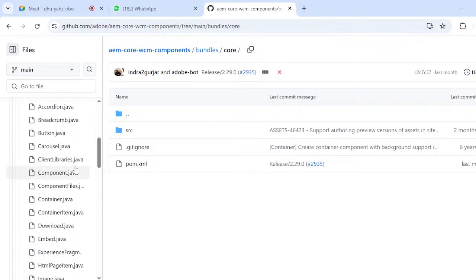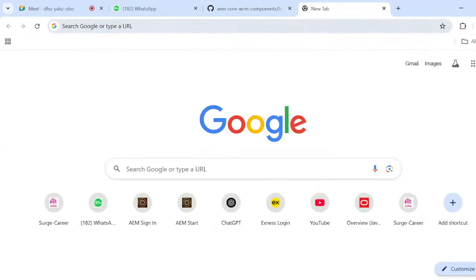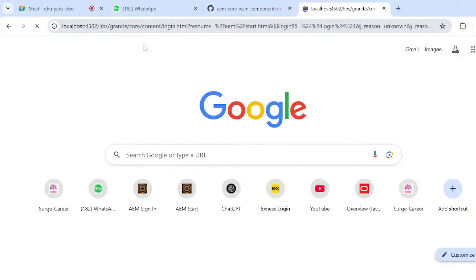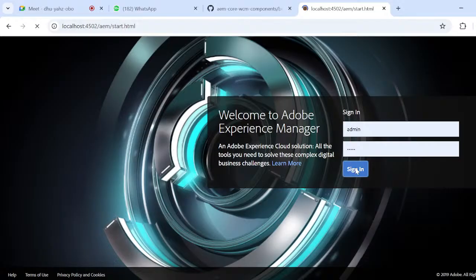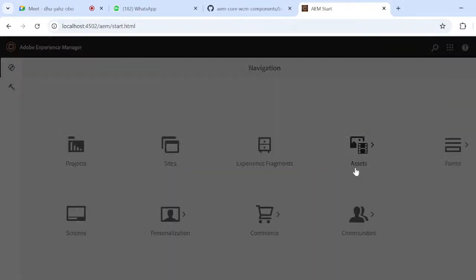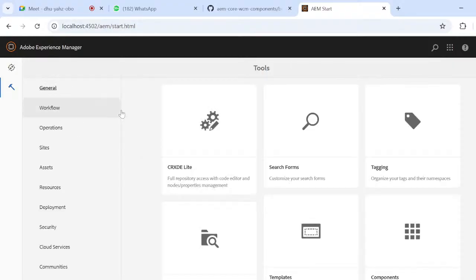These all components you actually see in the VRetail project, right? So that I can show you. Localhost 4502 aem start.html, and when you open your project, by default you will get some predefined components. Okay, so if I open my CRXDE,